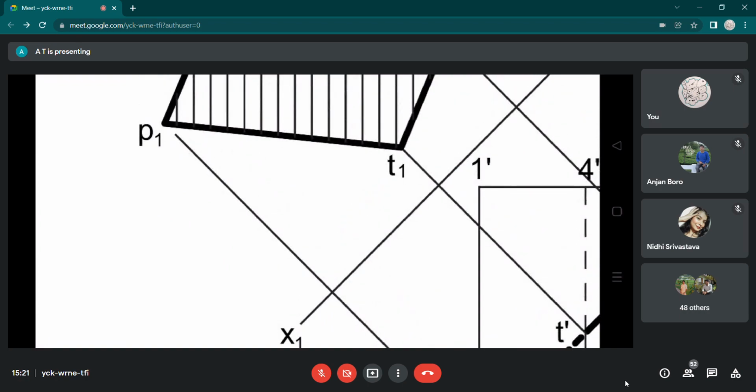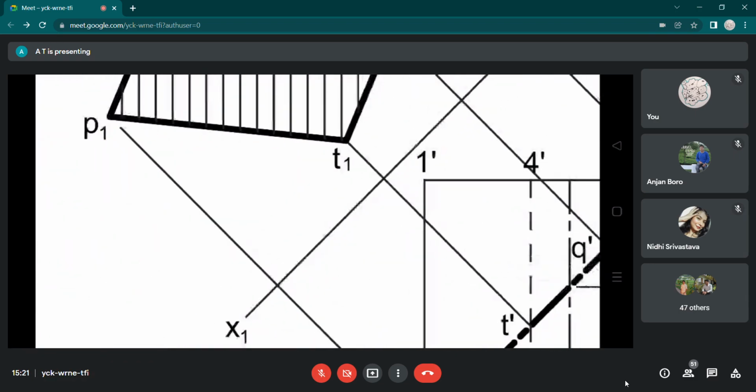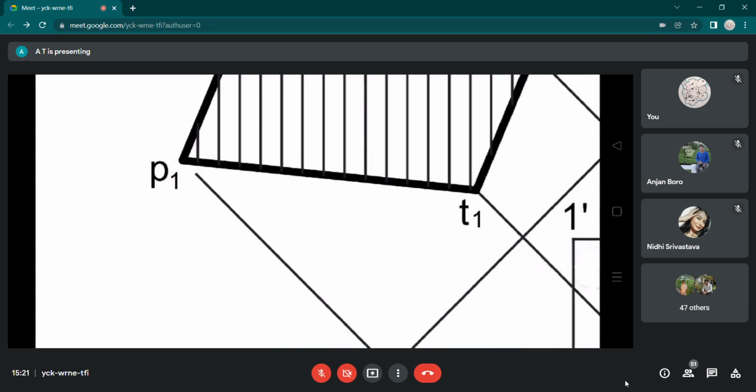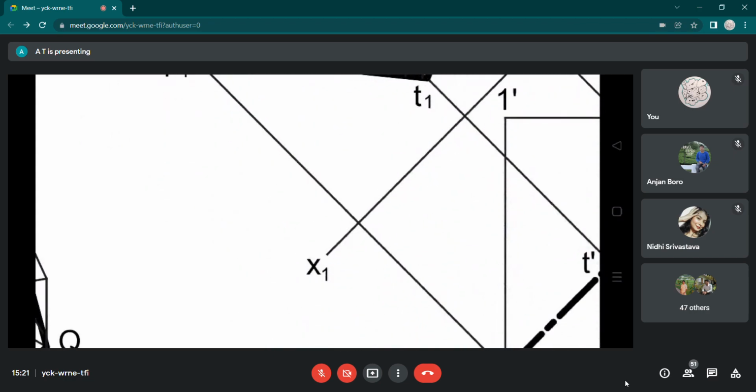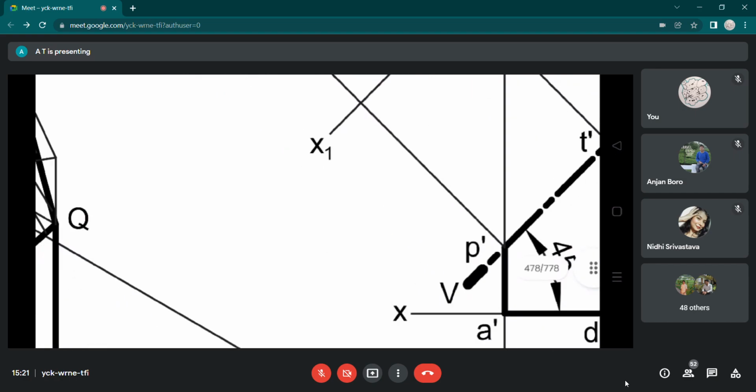That is the challenge. At what distance from x1 y1 will you get P1? The distance is